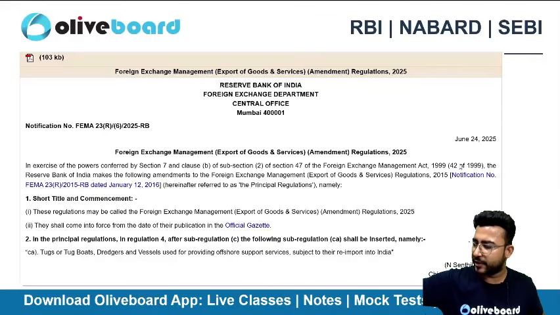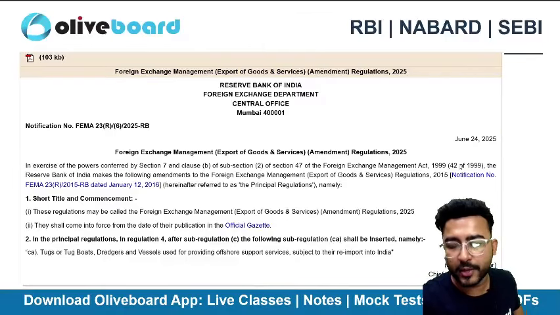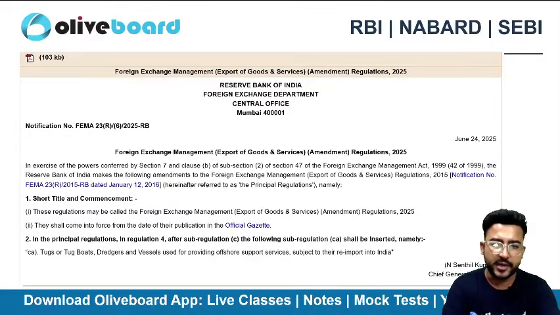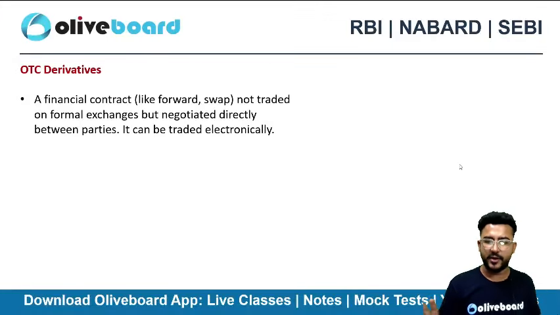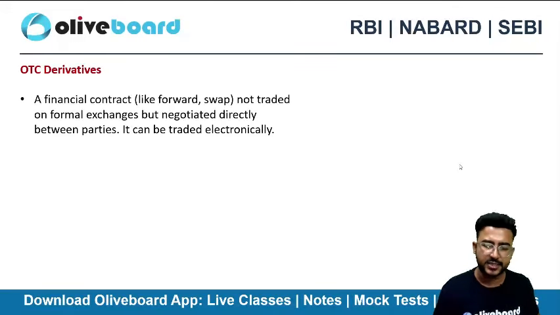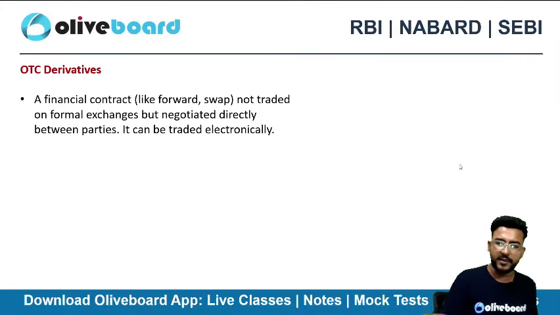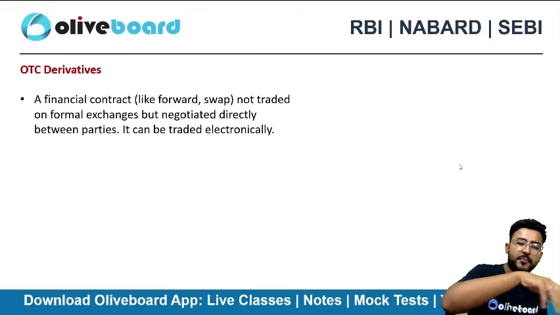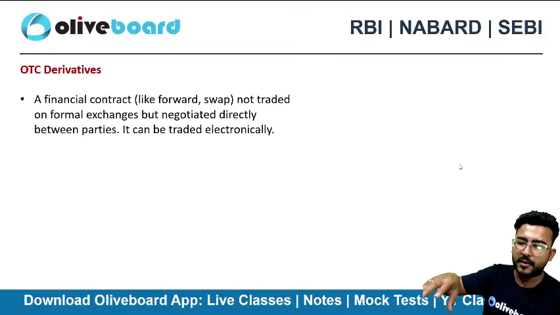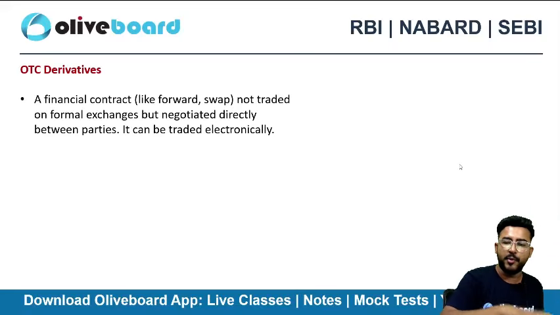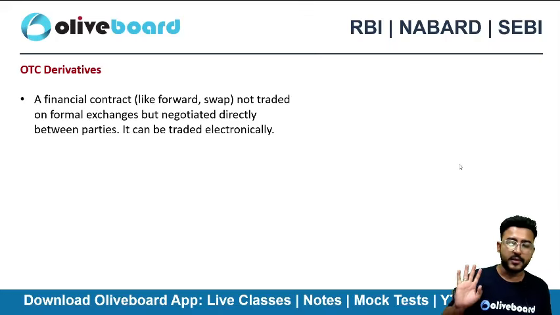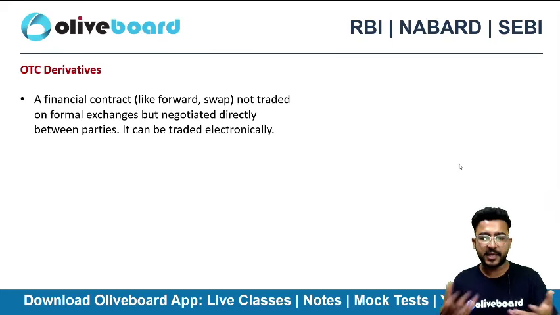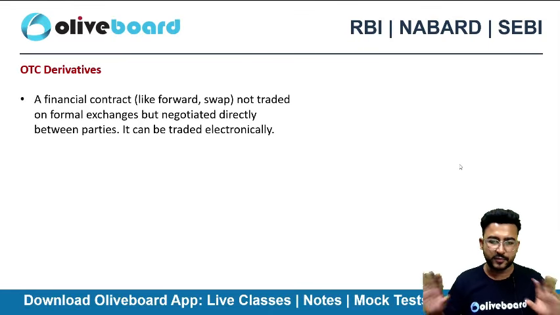So there are two types of contracts, exchange traded and over the counter, as the name says it all. If it is exchange traded, an exchange is already there to facilitate that transaction. However, if it is an over the counter transaction, let's suppose I'm making a transaction with Bhakti, right? That's an OTC contract. But if I'm buying a particular stock or futures and options on NSE, BSE via a broker, that's an exchange traded contract. This particular circular is only applicable to the OTC, over the counter. As the name says it all, we are just sitting on a counter and negotiating the terms and conditions of the contract, right?